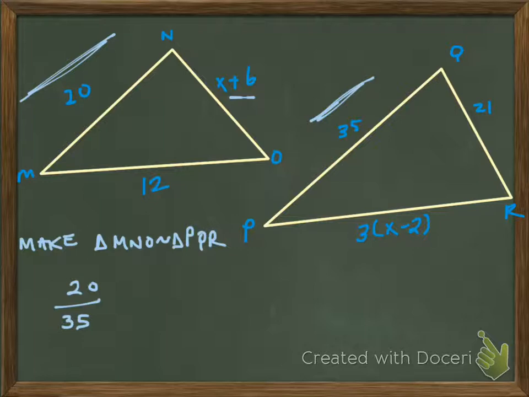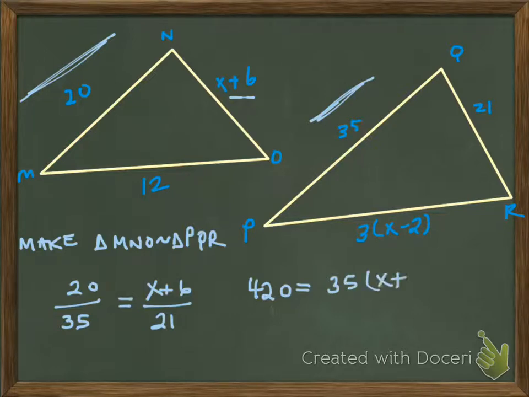So what I need to do then is I took the small triangle, it's on top of the big triangle, and I'm going to take over here, I'm going to put that small number on top, which is x plus 6. And I'm going to put it on top of the side that it is similar to, and that is QR, so that's 21. And now I can simply just solve this proportion for x. I'm going to set it up algebraically because we need to practice that. So I'm going to do 21 times 20, which is 420, and set that equal to 35 times x plus 6. Okay, if I want to go ahead and solve that out, I'm going to have 420 is equal to 35x